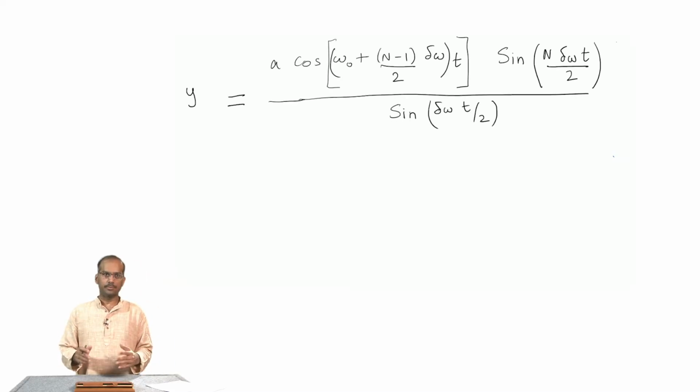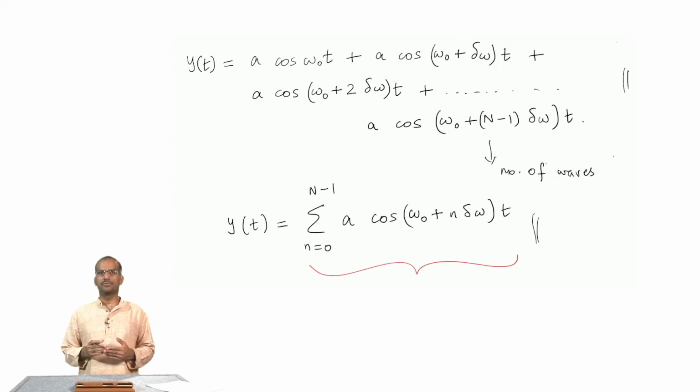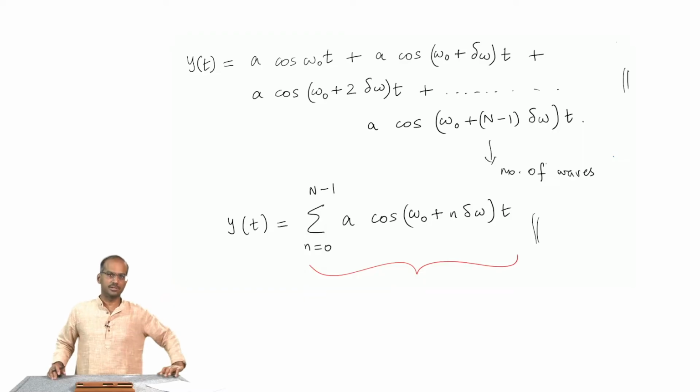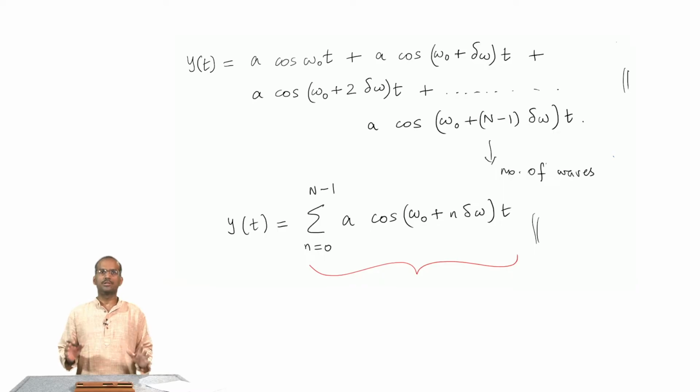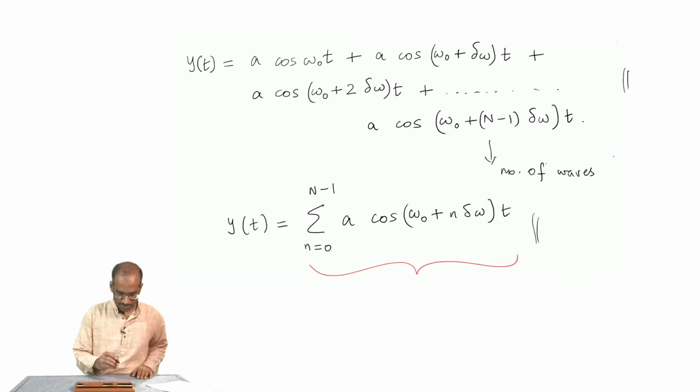I am going to give the result now and proceed, and I will prove it as a problem a little later. I am going to do this summation separately as a problem, but if you do it, this is the result you will get. Since we want to get to the central physics of the problem, it is better to stick to simplistic assumptions that would not hide the physics. That is the reason we take all the individual components to have the same amplitude A.